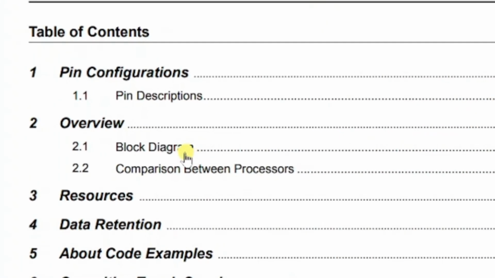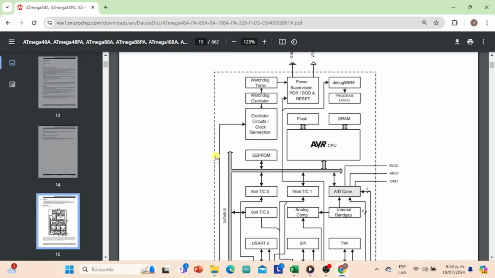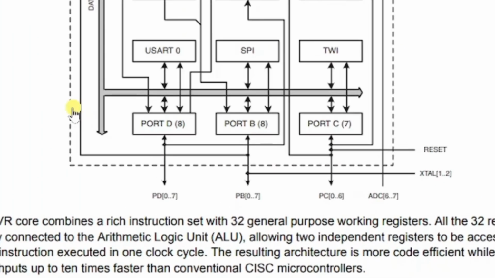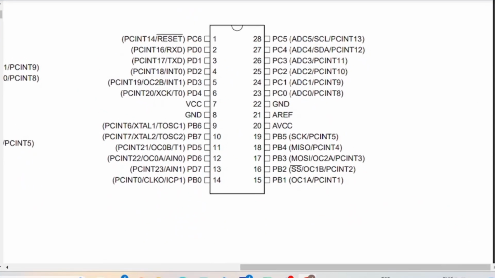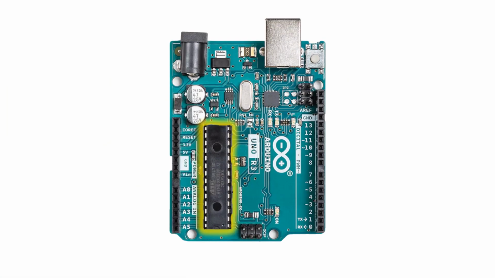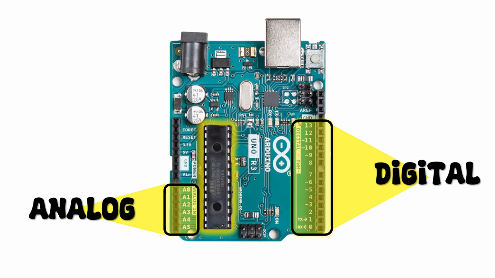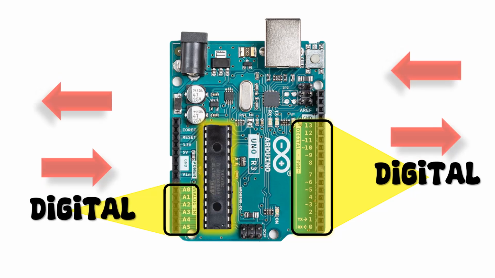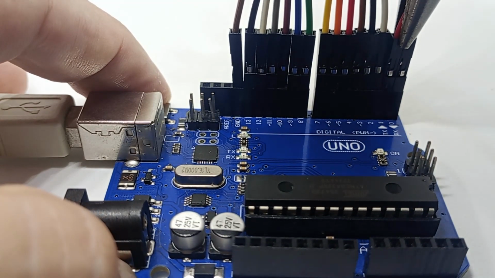the block diagram of the microcontroller, and know the function of each of these blocks or modules, including the blocks intended for input-output ports or interfaces of the chip, which you can see as port B, port C, and port D. Blocks that allowed us to know that all the pins corresponding to these ports, which are distributed throughout the microcontroller chip, and which are the same ones that extend towards the pins that we know well on our usual Arduino board, as digital pins, and as analog pins, in fact, can all be configured as digital, both input and output. So if it is your case, where you ran out of available digital pins on the Arduino Uno board